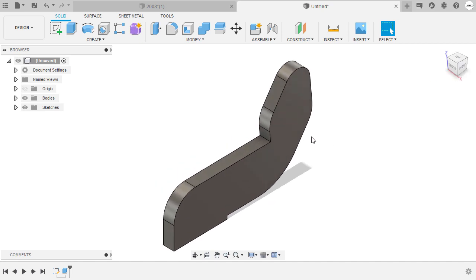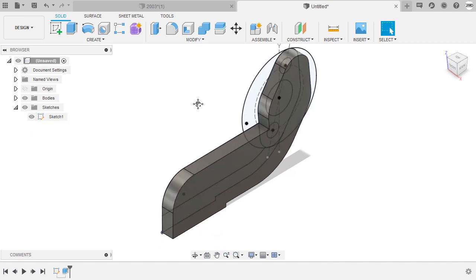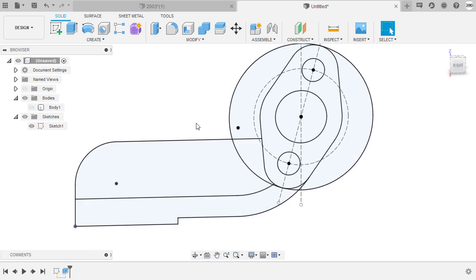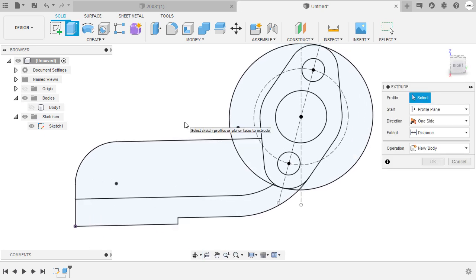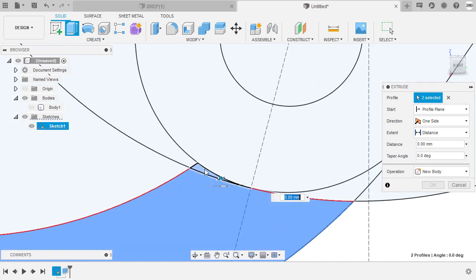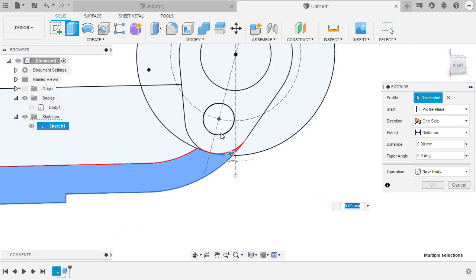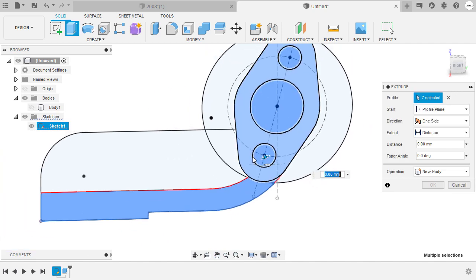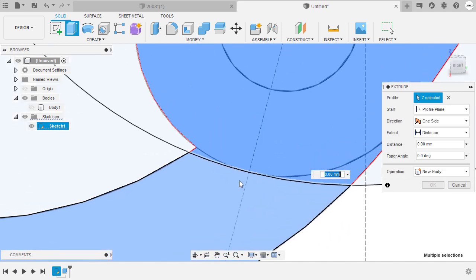Moving forward, let's turn on the visibility of our sketch 1 by selecting this eyeball. And turn off the visibility of body 1 temporarily. Let's now hit E for extrude. Selecting this profile. This profile and this feature. Let's inspect,